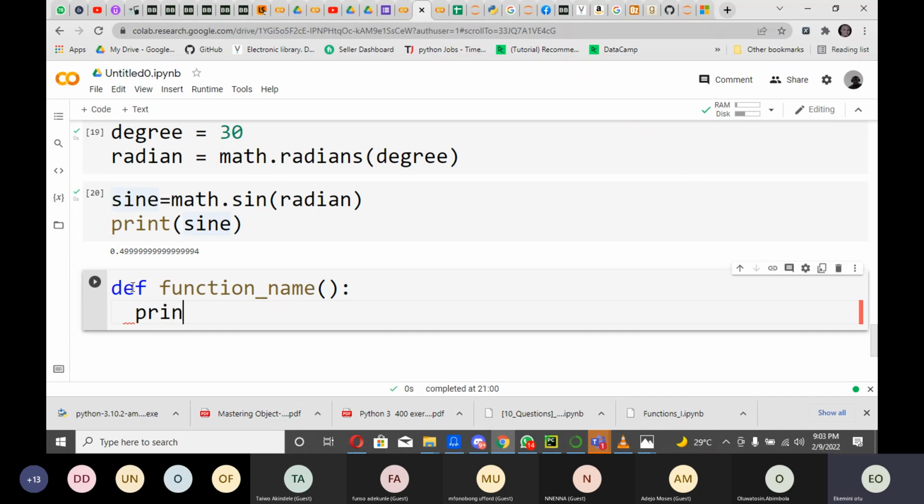So I can just say print, it's, okay, my first